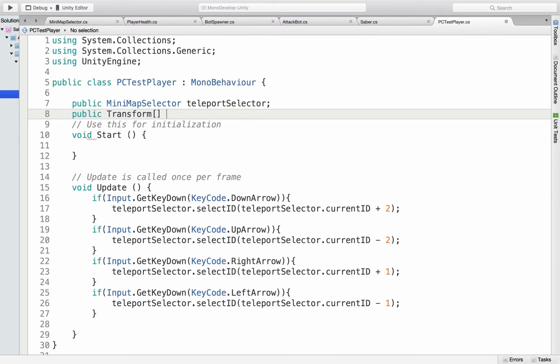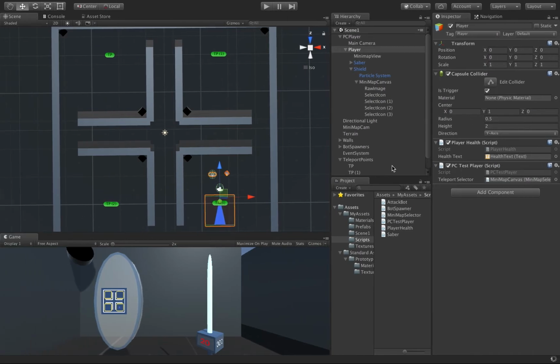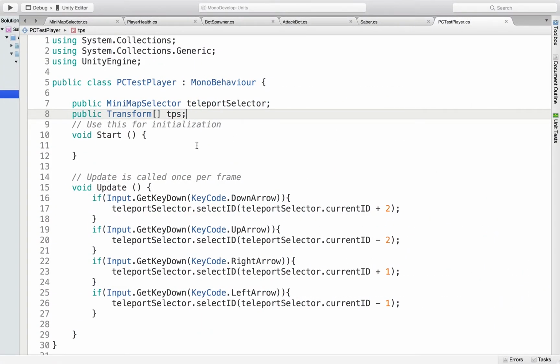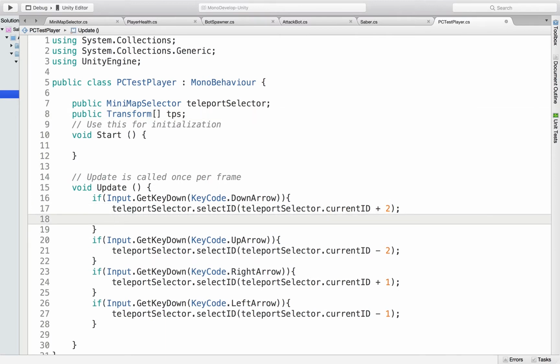They are going to be the TPS, the teleport points. Yeah. We're going to initialize that to be an array of size 4. I'm going to drag those teleport points in the exact same order I built them in. So that we can jump to them. And then it shouldn't be too bad. Once you've done that, you can basically say